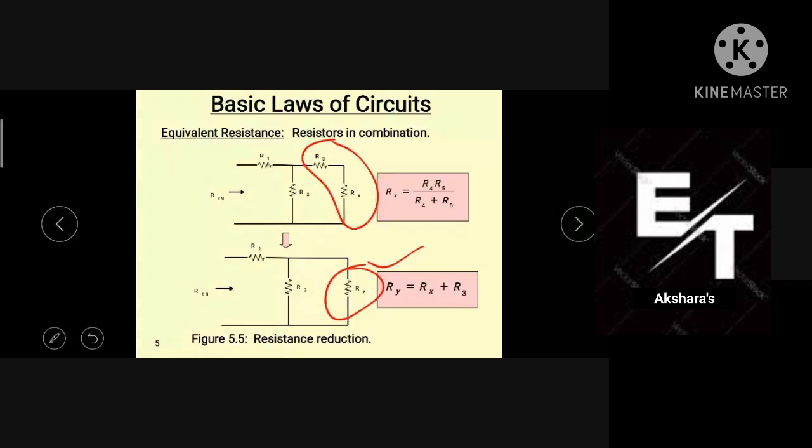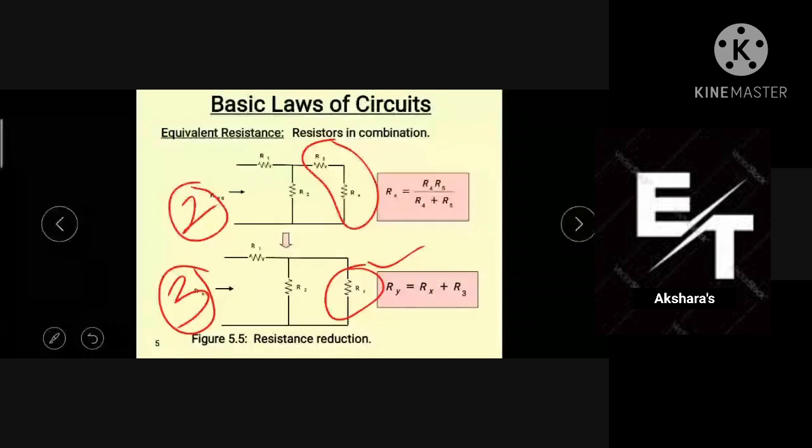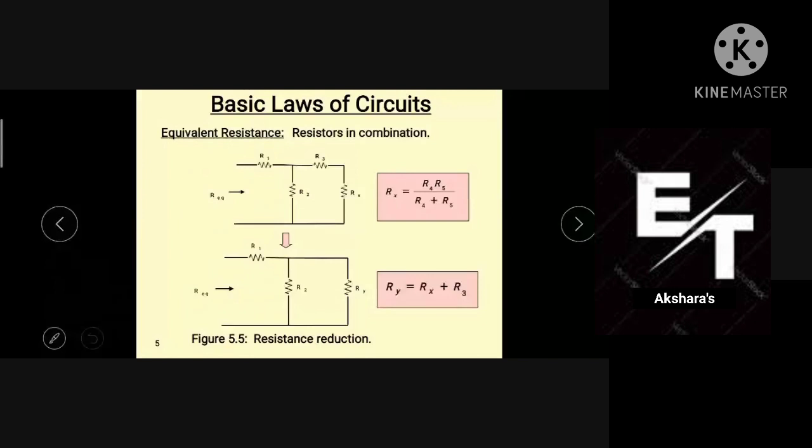For every step, you have to draw the circuit, and write the formula and the value. Actually, you have to draw the first given circuit, and this is the second step, and this is the third step. The first step is you have to redraw the diagram of the given circuit. This is the second step for this question. This is the third step. What is the third step? Just say it is a series combination. That's why I'm writing Ry equals Rx plus R3. The first step is the given diagram.